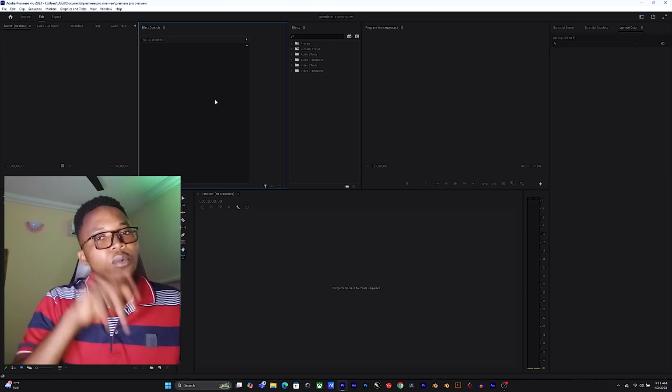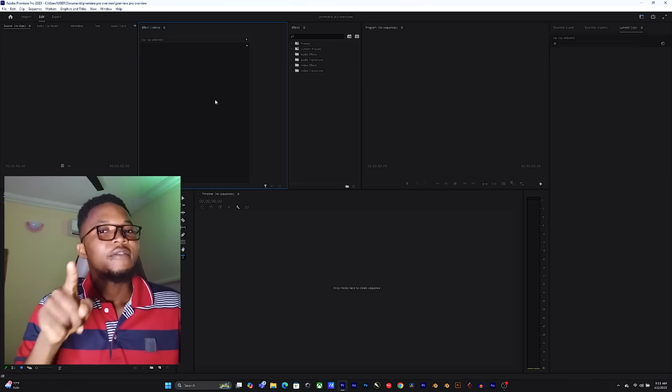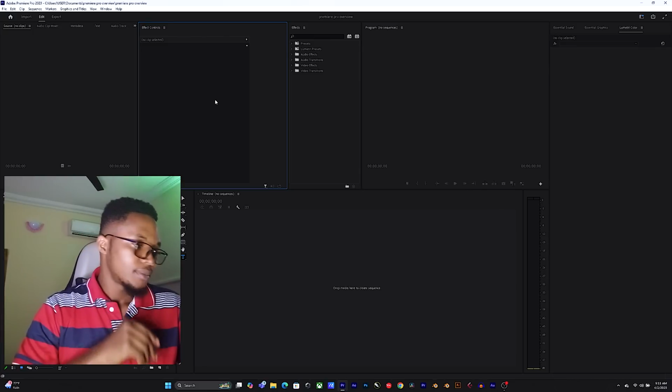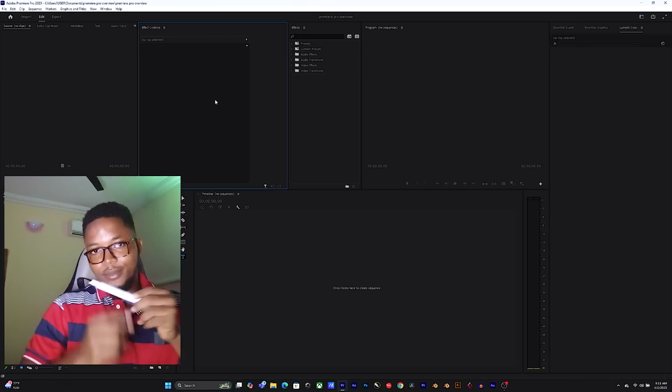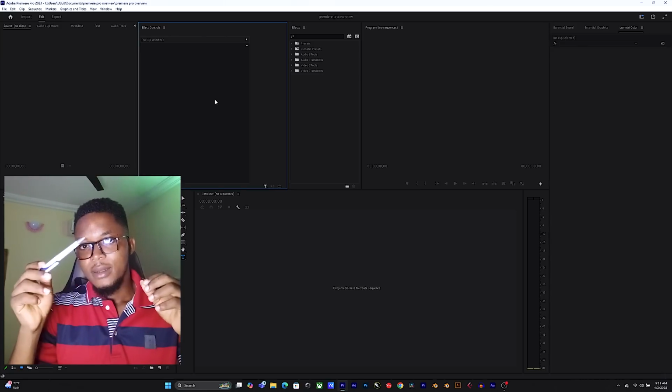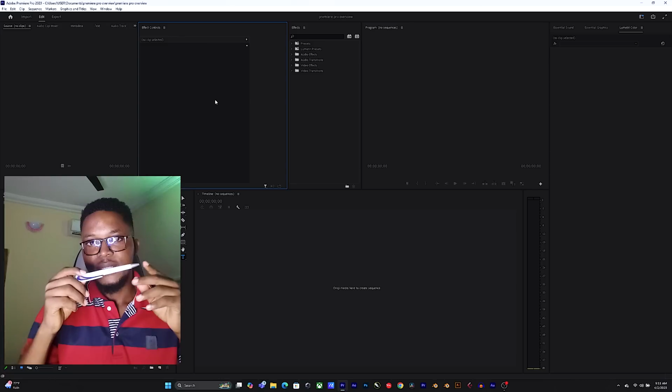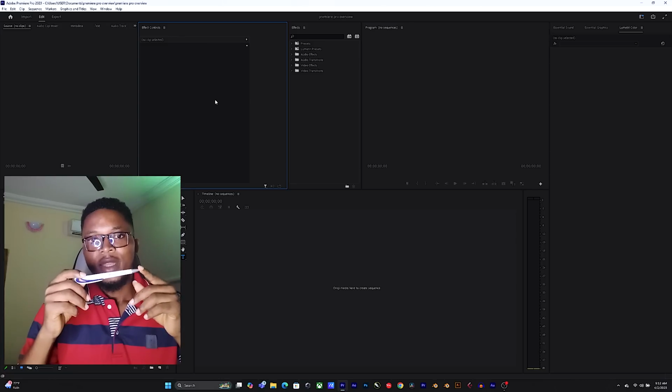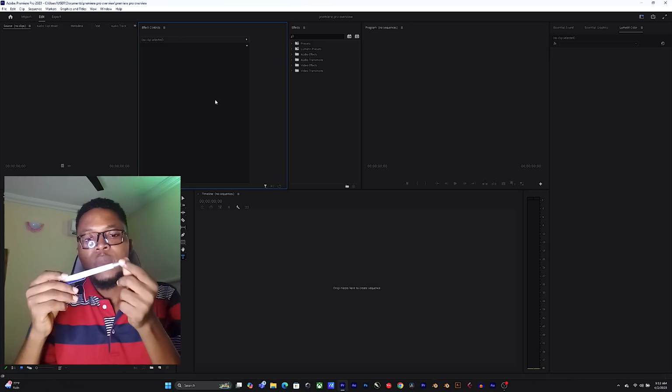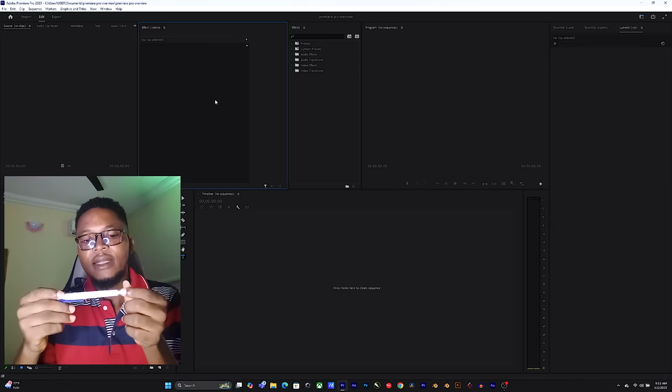Effect control works hand in hand with effects. Now let's assume this pen is the effect. The control, I will be able to, okay, this effect now,